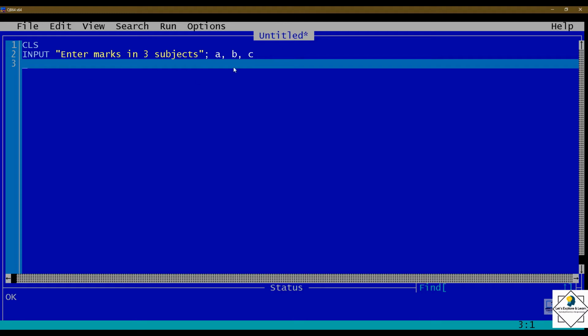Messages are printed on the output screen that will help the user to understand what value to give as input, and variables are the containers in which we will be storing the value which is given by the user.